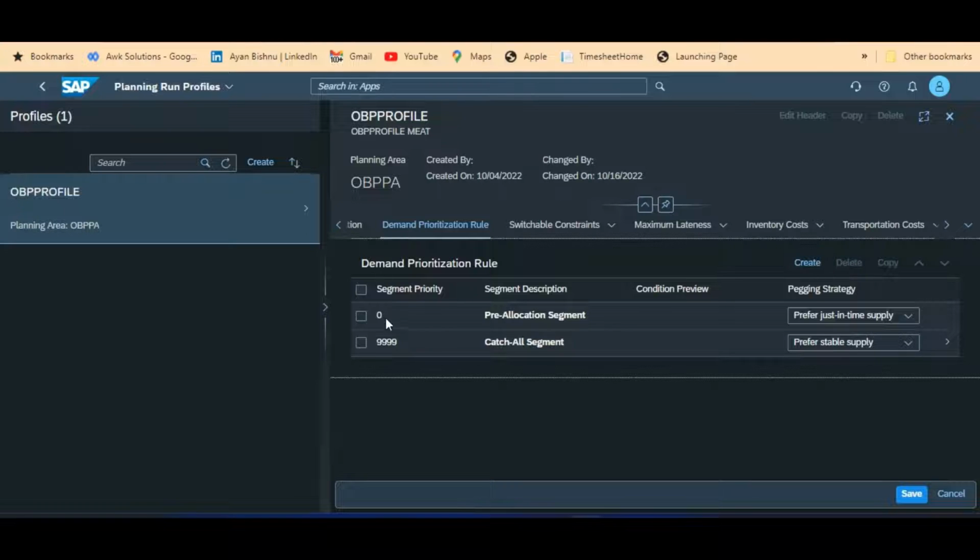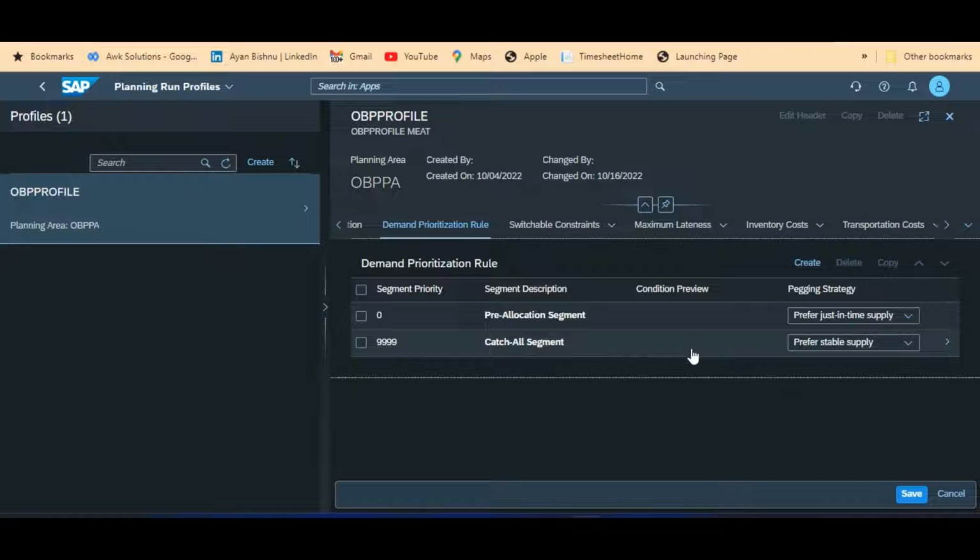At the same time, you can also create different segments as per the requirement. For example, let's say I have a lot of customers which I have broadly categorized as A, B, and C. My priority is that category A comes first. So I will have a segment for category A, a different segment for category B, and a different segment for category C.